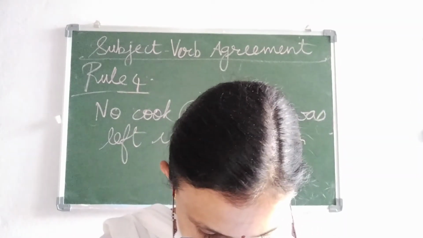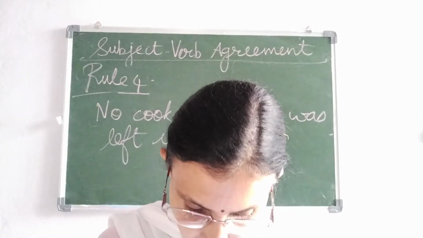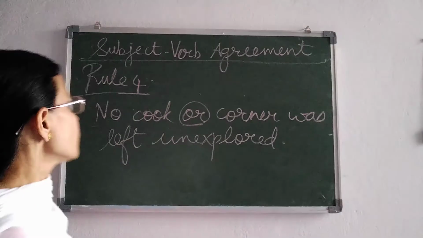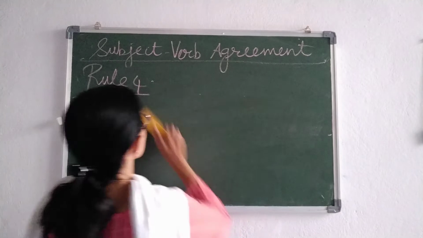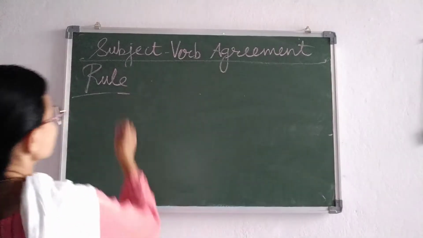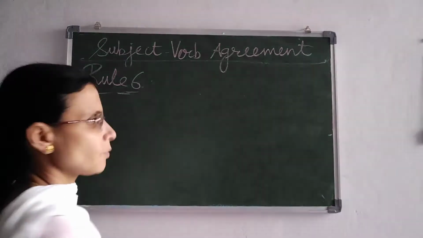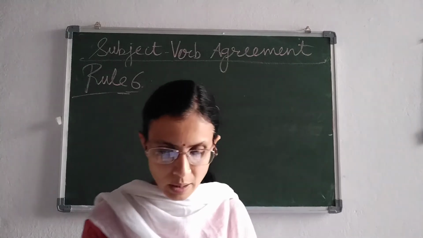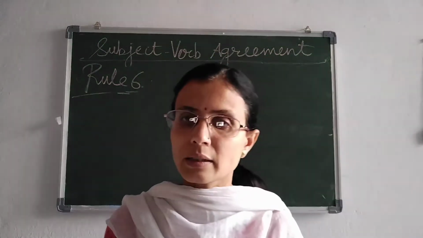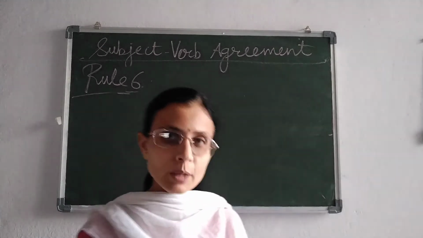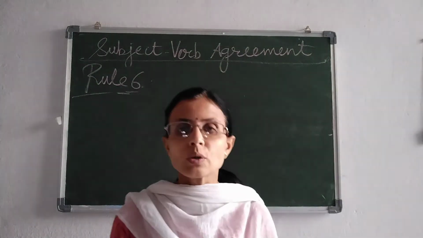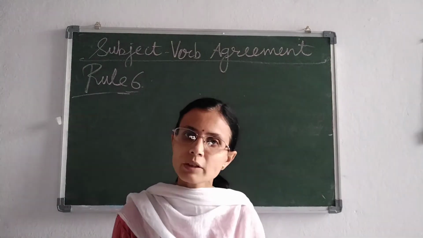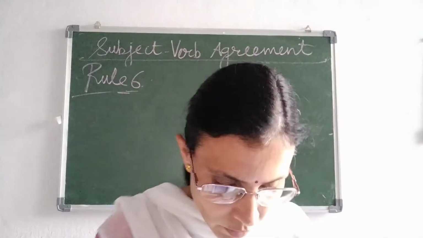Now next rule. Some nouns which are plural in form but singular in meaning take a singular verb. This is rule number 6, that was rule number 5. There are some nouns in which in the spelling we write S. It does not mean that the meaning is plural. Obviously, the form is plural, but the meaning is singular. So if the meaning is singular and the form is plural, then too it will follow a singular verb. For example,